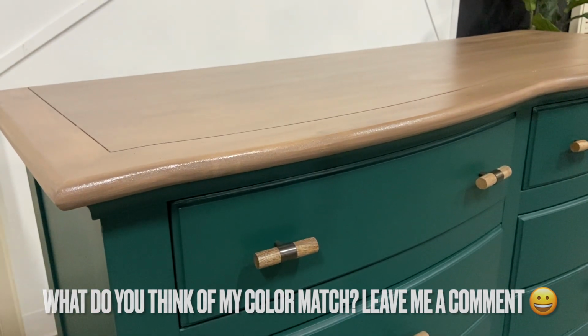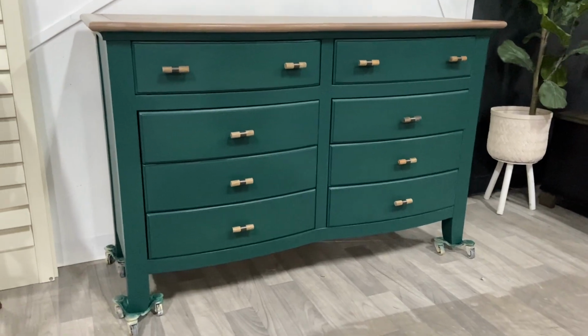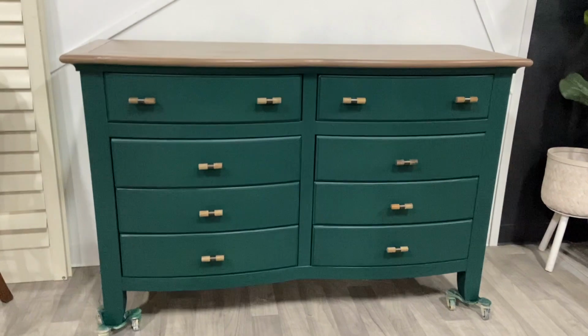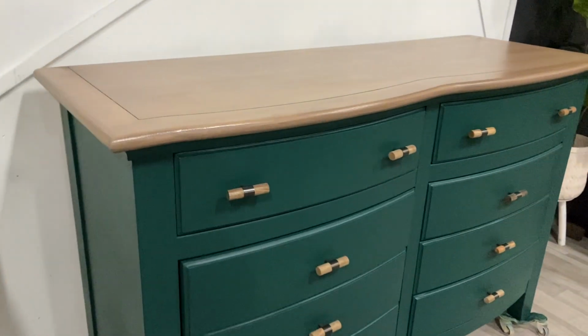So thus far, I think this is all that this needs. We're just gonna stage it, but again, I'm gonna leave it here overnight so that the top dries well. We'll come back and wipe it down,